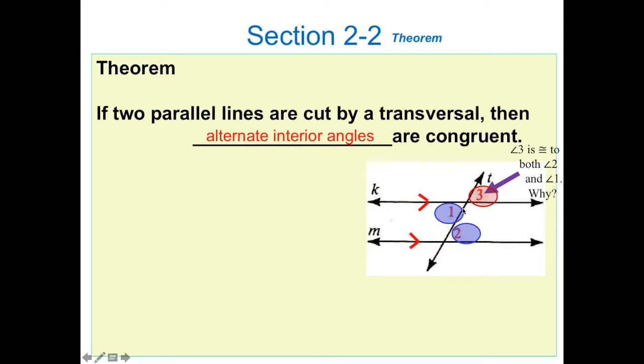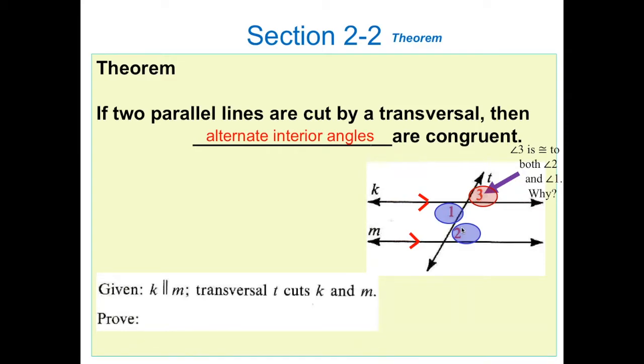So if this is congruent, that is congruent, and then we can join these two. Those are congruent. I think you know what step that is. I know I have to do a lot of practicing of that sort of three-way congruency step there, because a lot of people say substitution. It's not substitution. Anyways, given here, we have, again, given premise, if two parallel lines are cut by a transversal,